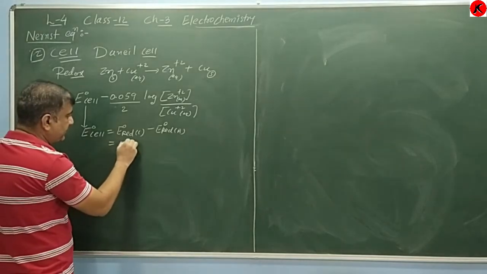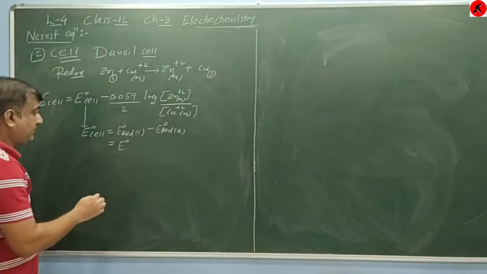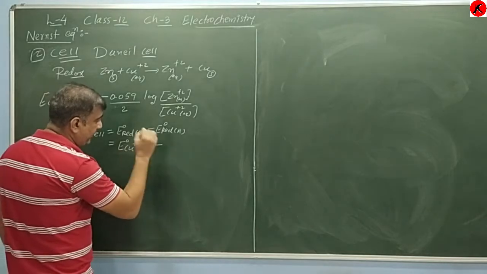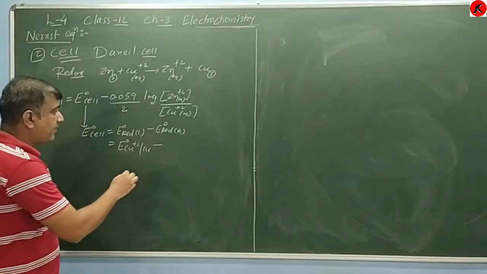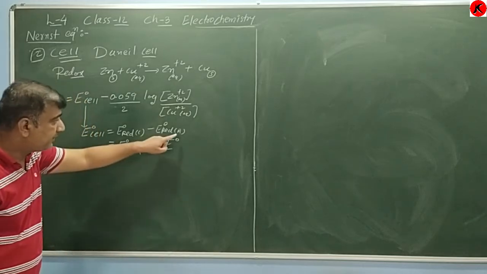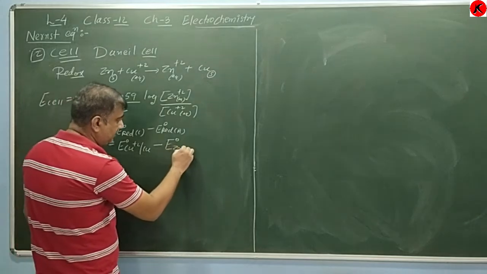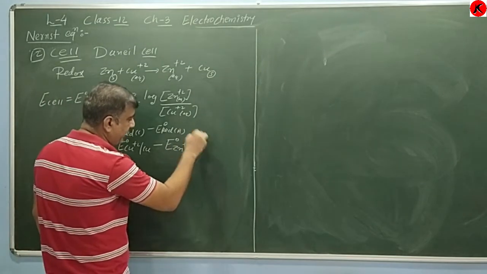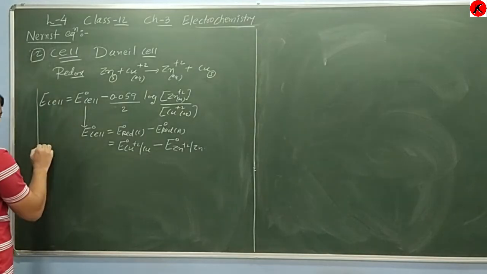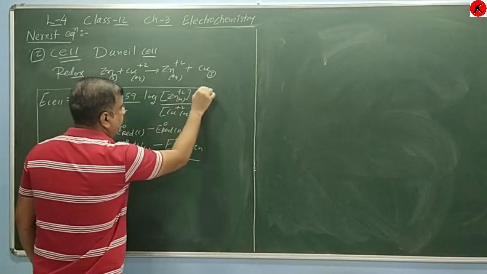We know very well Cu acts as the cathode, so Cu2+ to Cu reduction potential of cathode, minus reduction potential of anode. Anode is Zn, that means Zn2+ to Zn reduction potential. So in this way we can write the Nernst equation